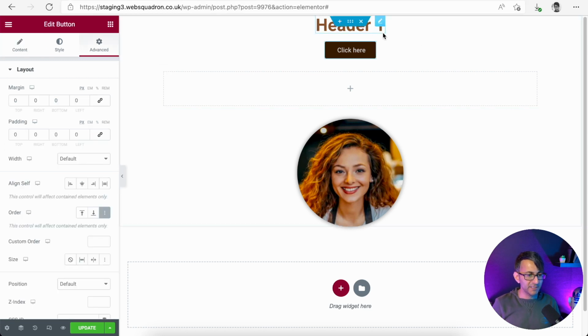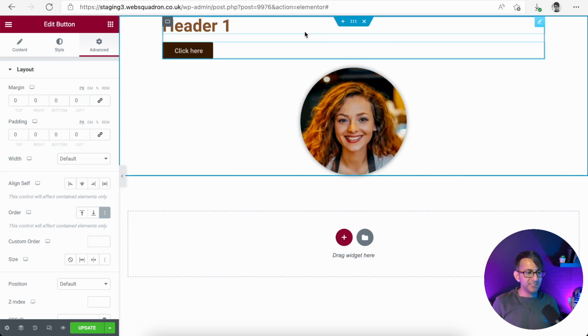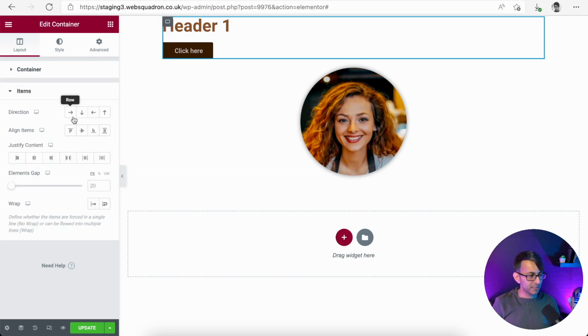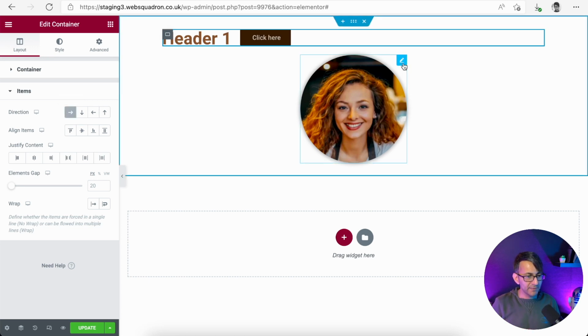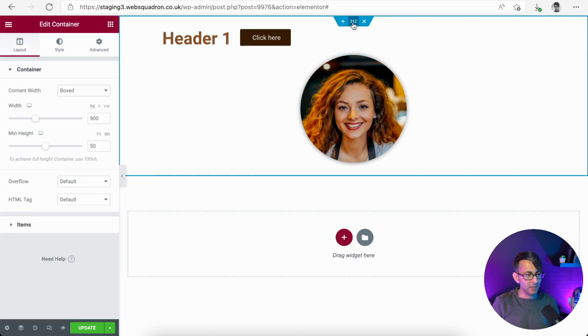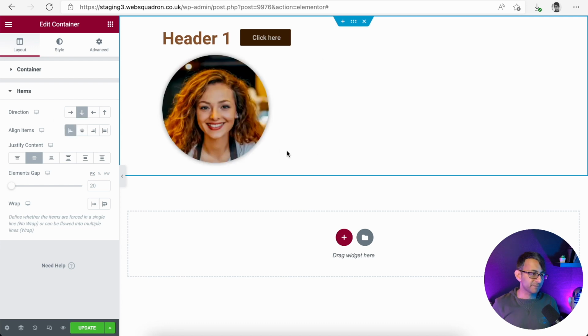I'm now going to pick this header up, and I'm going to put this header in here, and I'm going to put the button in. Now, instantly, this container has gone into the column layout. So I'm going to click on this container, go to items, and I'm going to make this be a row. Can you see what's happening right now? And this item that we have here at the moment, if I just click over here on the entire section, I'm going to go over here and say make it be a, not a flex start. Sorry, let me get this right. Align items. There we go. See, even I get it wrong. So I've now aligned the item with the image to be below the header and the button.